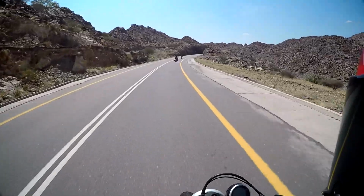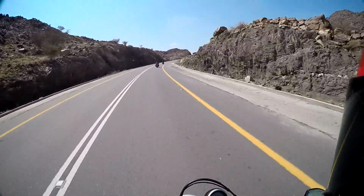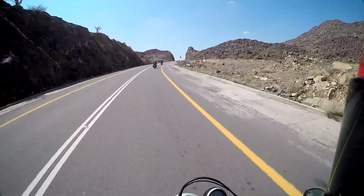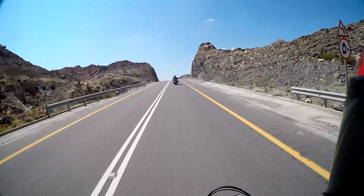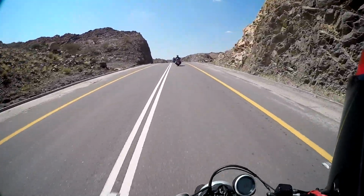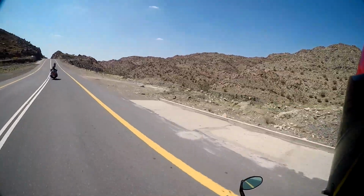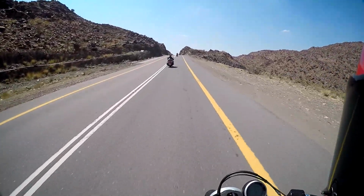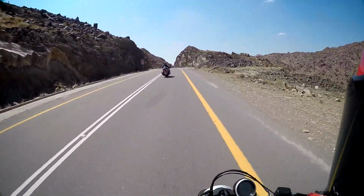This is a route I've not previously taken you guys down before. This was the route that I came out, very first ride out I had in Saudi. This is a little cut road that goes through the middle of the mountains, and we'll join up with one of my other favourite roads around here. Some of my more popular Twitter and Instagram photos come from the road we're now heading down to,